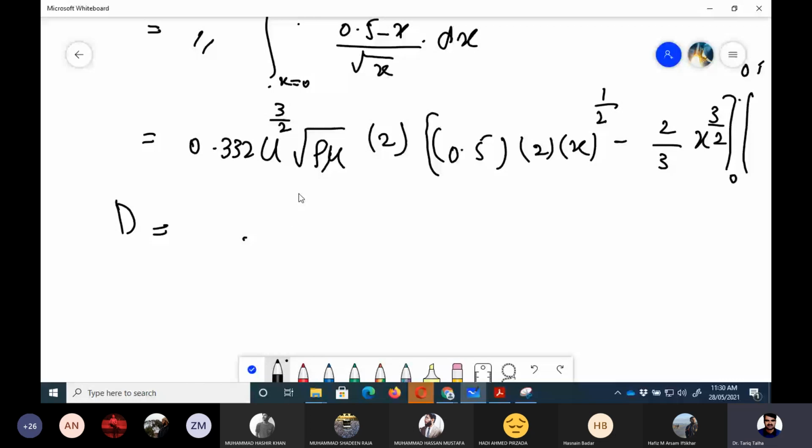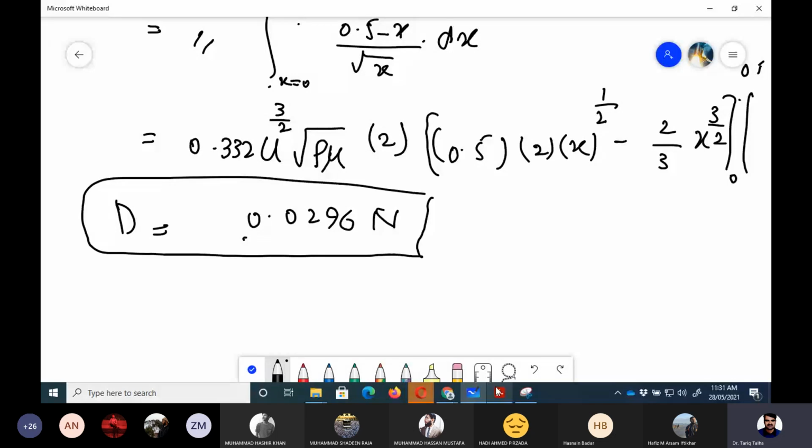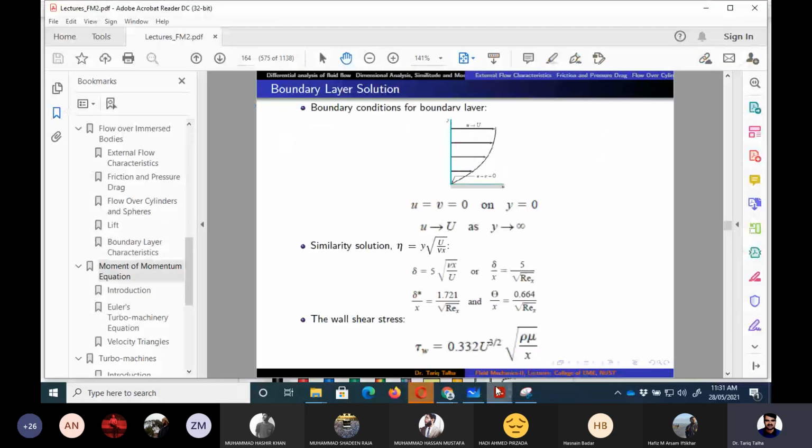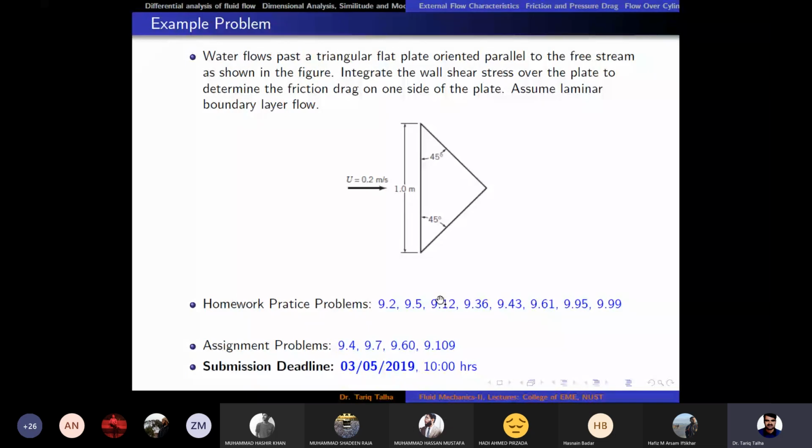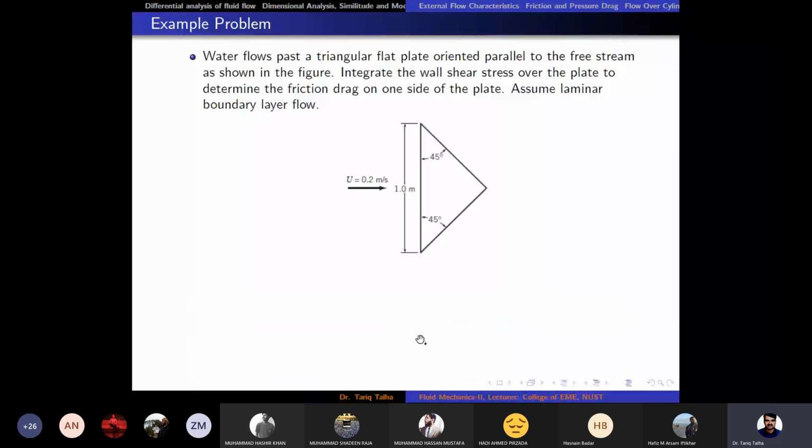The rho and mu values for the water would be given to you in the actual exam, if that is the case. Okay, there are going to be some practice problems, and these assignment problems I will give you on MS Teams. So maybe then we can see it there. You would be given 4 problems, and you have to do them in about 1 week's time. That would include our assignments, because we need to take 4 assignments.